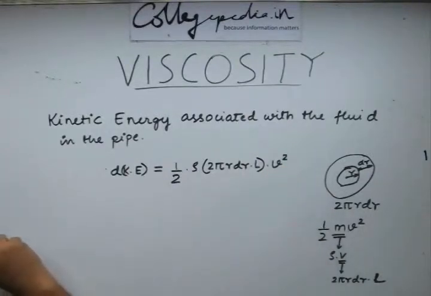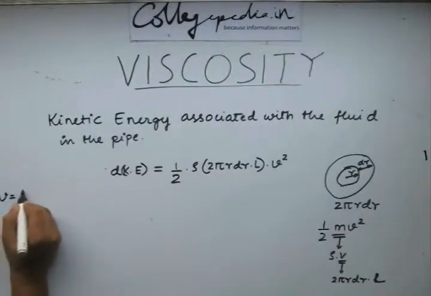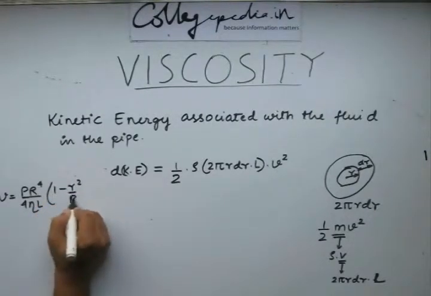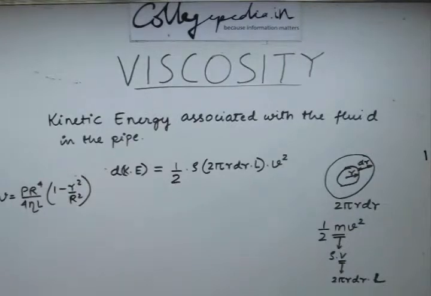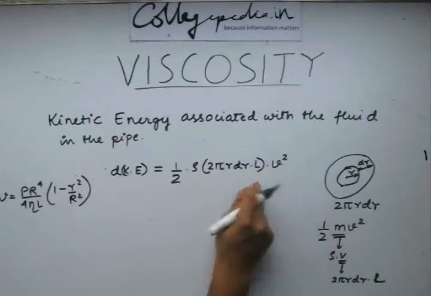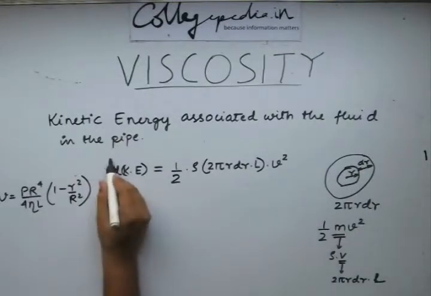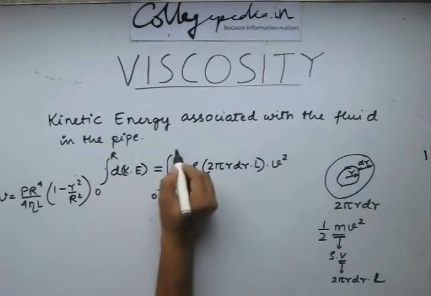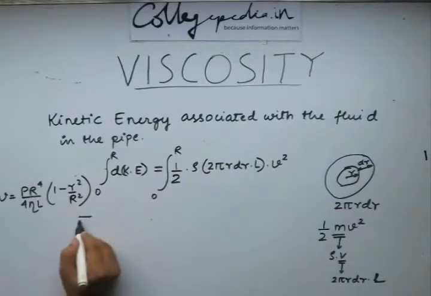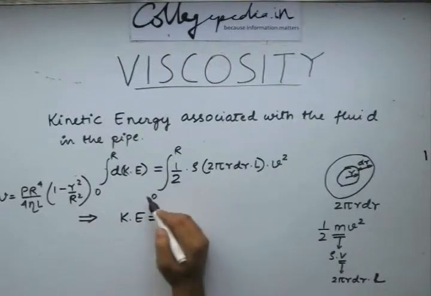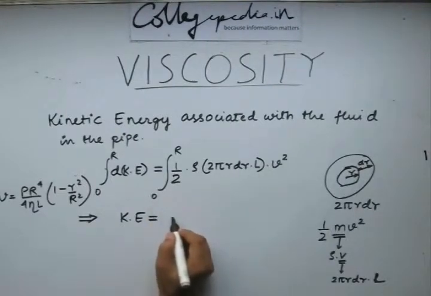v, as we found out earlier, was Pr to the power 4 by 4 eta L into 1 minus r square by capital R square. This is the equation that will be giving us the value of kinetic energy. So we need to integrate it from 0 to R. This will give us kinetic energy being equal to, we are taking all the constants outside, so we will be having